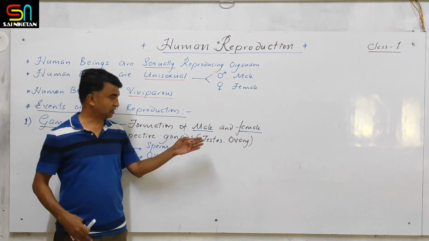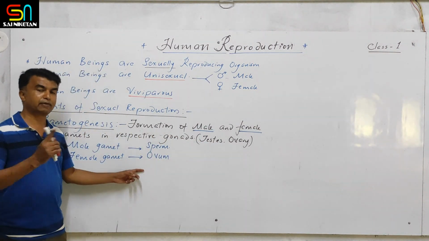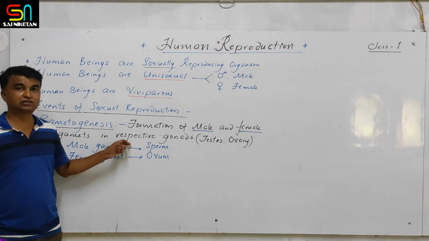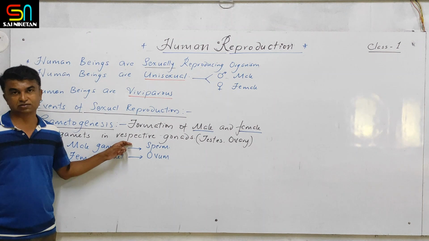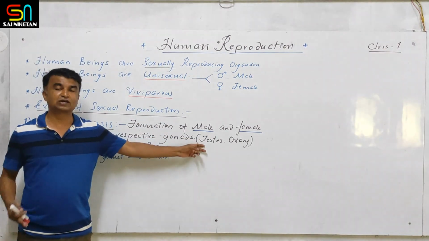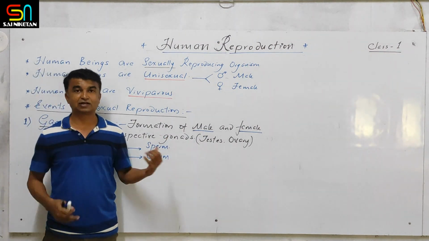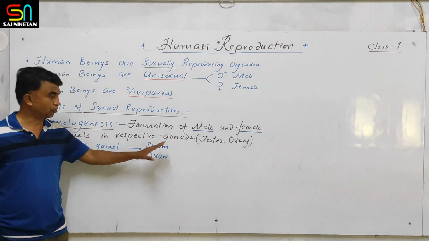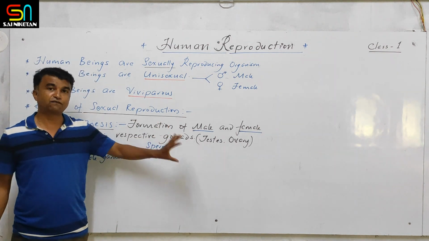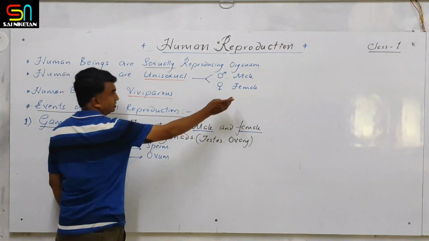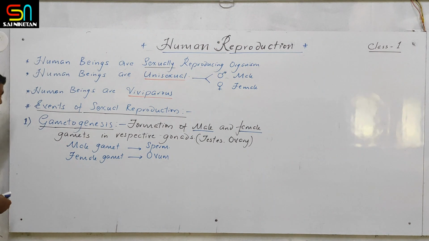One major question: which type of division takes place during gametogenesis? Whether it is mitosis or meiosis. Specifically, gametogenesis takes place by meiosis. The human body is diploid. The ovary and the testis are diploid. In them, specific cells are there, the gamete mother cells. They undergo meiosis and produce the haploid gametes. So this is the first event: sperm formation takes place in the male and ovum formation takes place in the female. So after gametogenesis takes place,